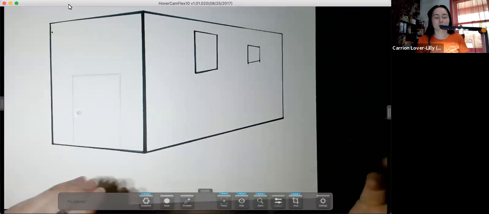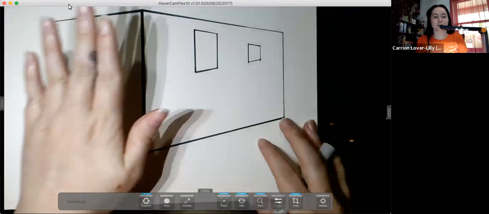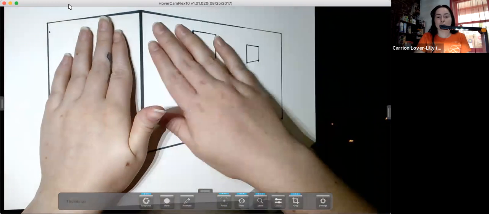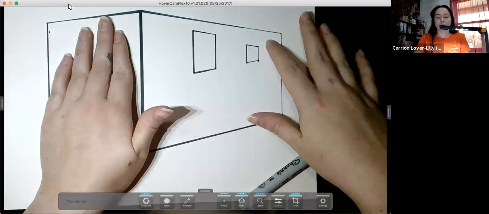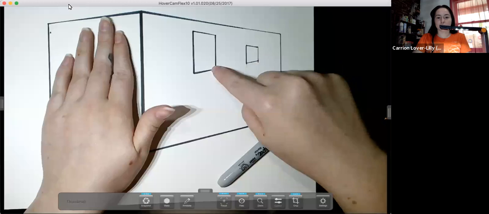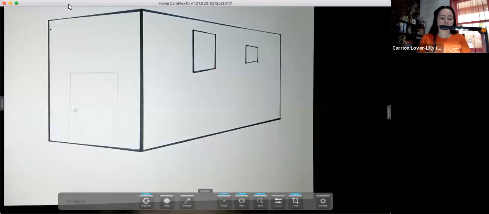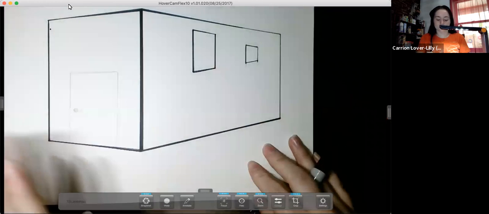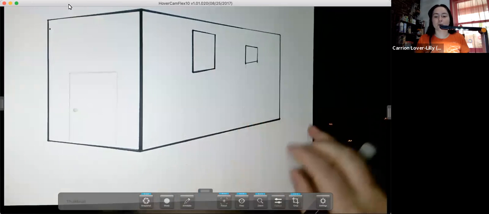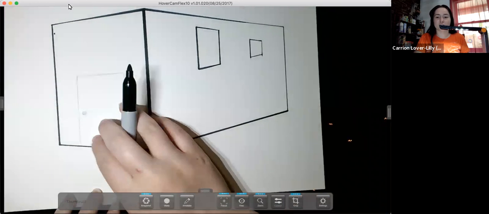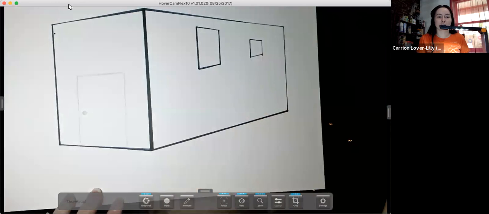So when I'm looking at my house in Tinkercad, I see that this wall right here is pretty dark. This wall right here is my lightest shade. And then right inside these windows, I have a little bit of darkness. So I'm just gonna ignore this door that I drew. So I think I want to do some cross hatching for this side of my building because I see that it's